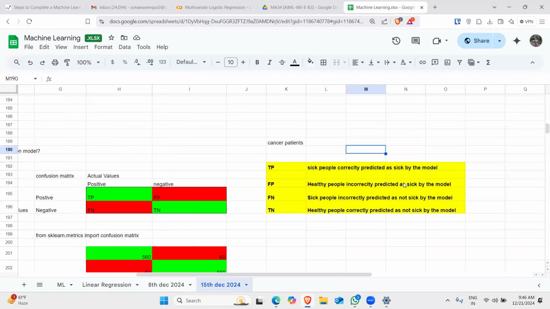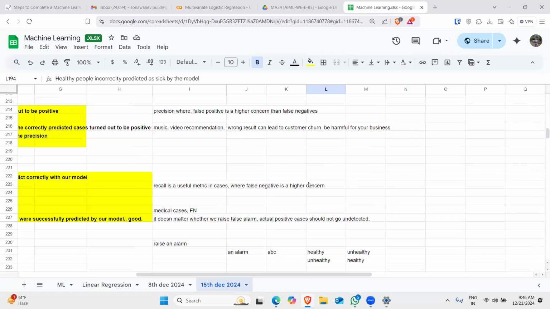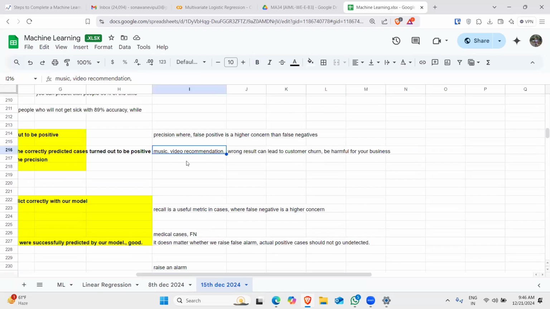So let us consider this music recommendation system. These people were interested in your company, in your application, in your Spotify, let's say, or in your YouTube recommendation app. But you incorrectly predicted them as not interested. So that's your loss for your model, yes or no? Loss for your business. In a false positive, this person was interested, but you marked them as not interested. That is a false positive case.